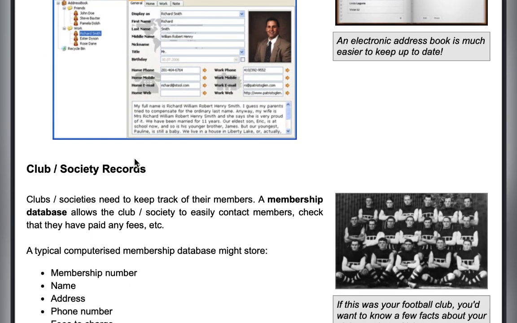Now let's move to club and society records. A club or society needs to keep track of its members. So a membership database allows the club or society to easily contact members, and check that they have paid their annual dues or monthly dues.